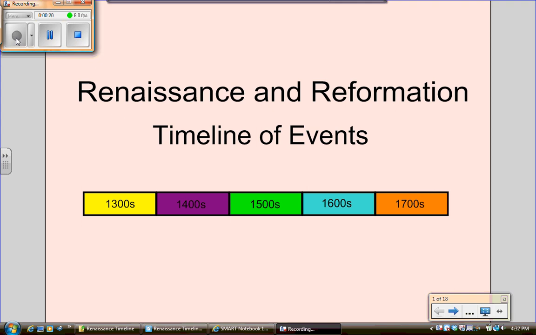Right now, I want you to turn to the timeline page of your journal and go ahead and on that timeline, put these dates that you see down here, right here at the bottom of your screen. Go ahead and insert those dates in the timeline and push pause while you finish that. Then when you've put that in there, go ahead and hit continue.